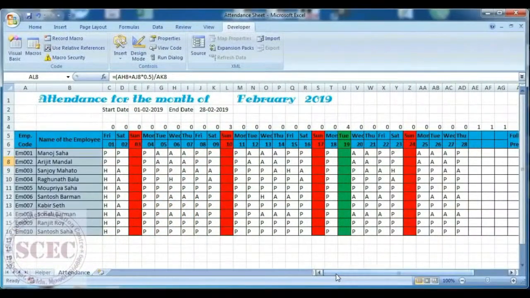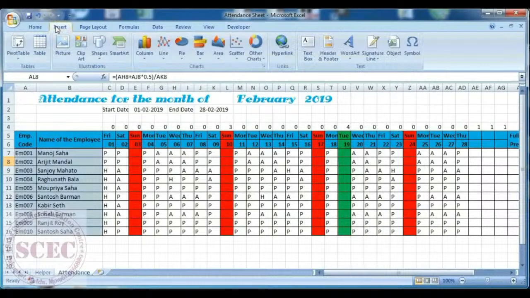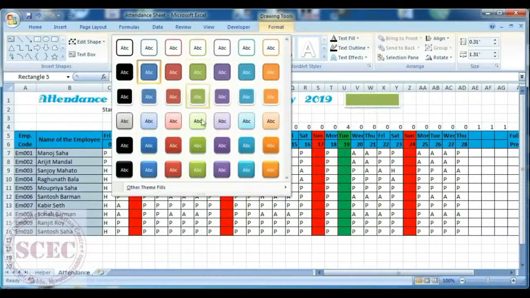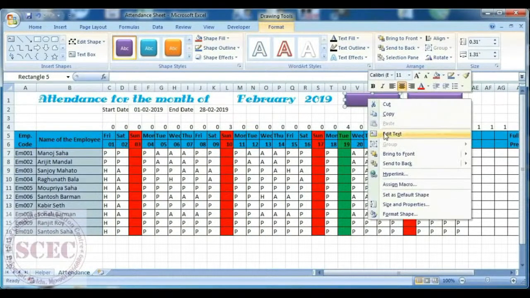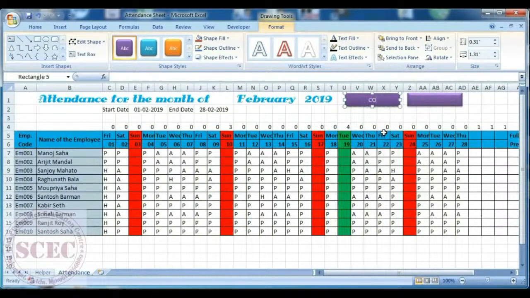And now the last work is, when the attendance sheet is completed for the month, then we have to copy this sheet with the month name here, and after that the attendance sheet should be cleared. So to do this, I will make 2 buttons here. Insert, take the shape, draw it this way, give it a color, and then copy this with right click and edit here, copy sheet,